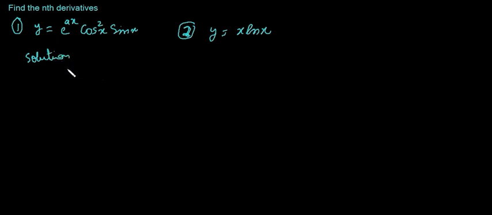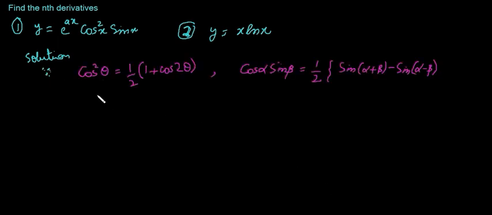To find the solution of the first question, we must remember some formulas. These formulas are cos²θ equals 1/2 (1 + cos 2θ), and the other is cos α sin β equals 1/2 (sin(α + β) − sin(α − β)). Now let's rearrange the function e^x cos²x sin x using these formulas, and then we will have